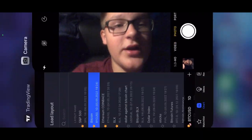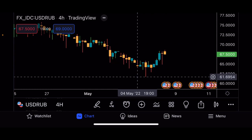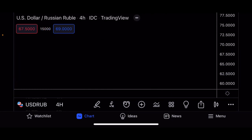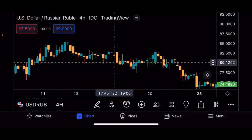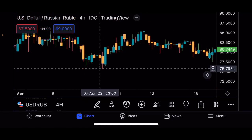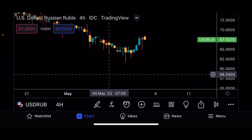I can go on the 4-hourly time frame, and you guys can see that there's this little tiny pump, which means the ruble got a little tiny bit weaker right now, but those pumps happen a lot. And if we go back in history, you guys can see that there was a small pump here, there's a bigger pump right over here, but that always led to us falling down even farther and making a lower low. The ruble is strengthening, and right now, as we clearly can see, the ruble shows no signs of stopping